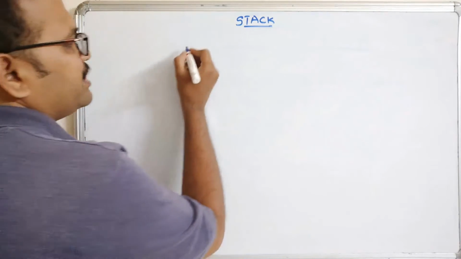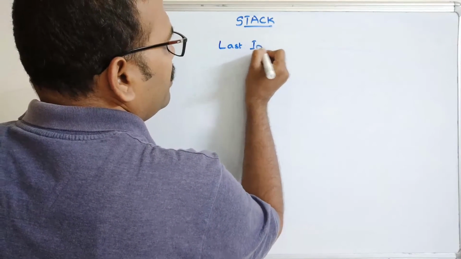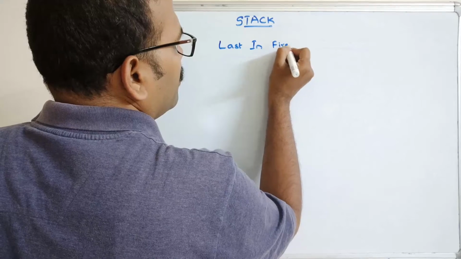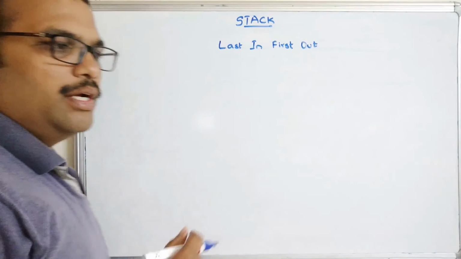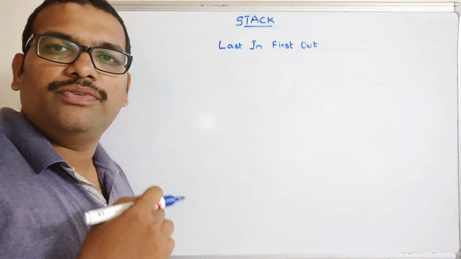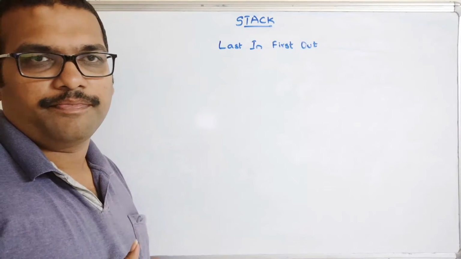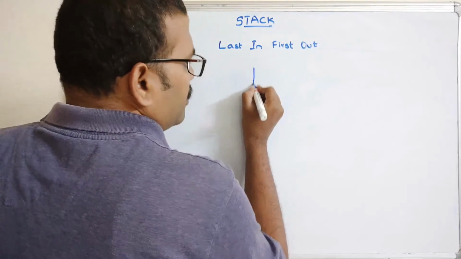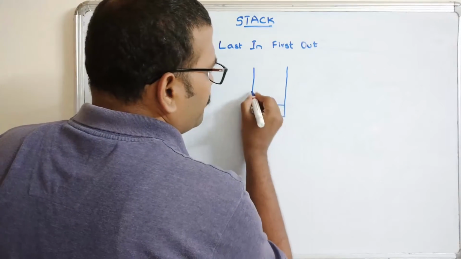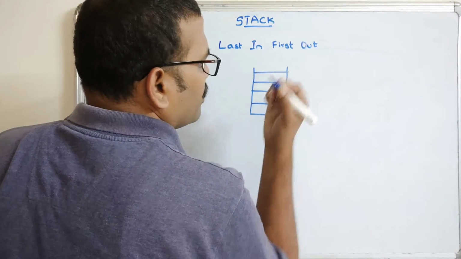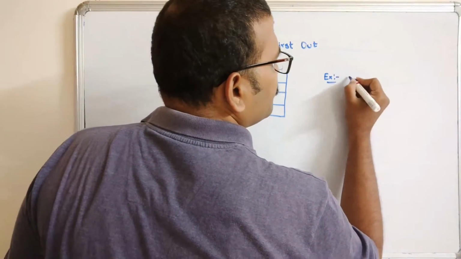So we know that a stack is also known as last in, first out. Last in, first out. So whatever element has been inserted last will be removed first. Here the stack will be represented in this way, right? So the example for this stack is